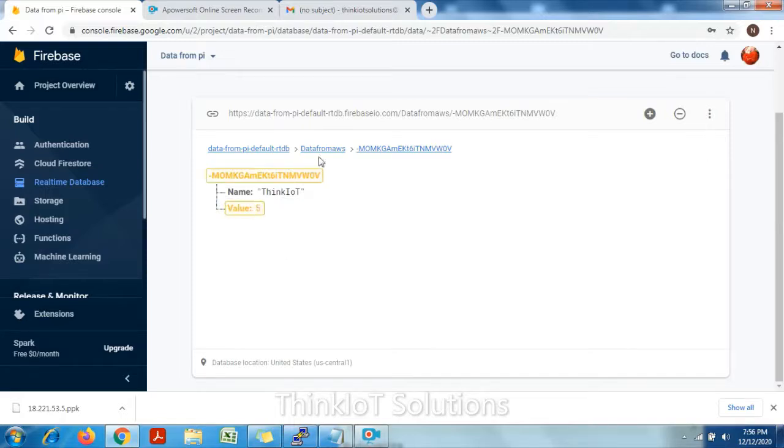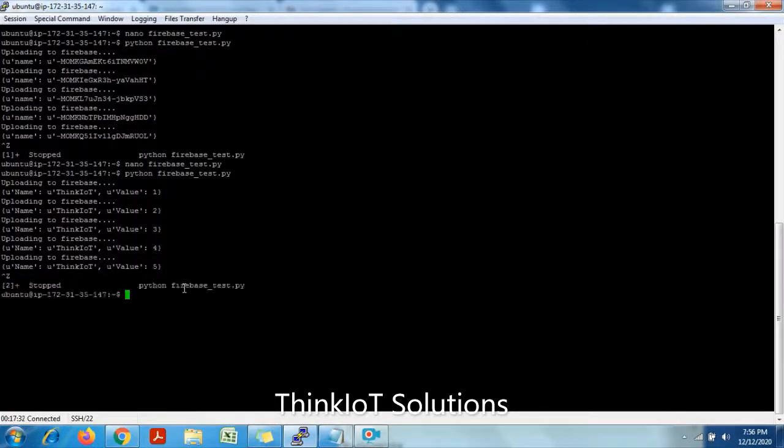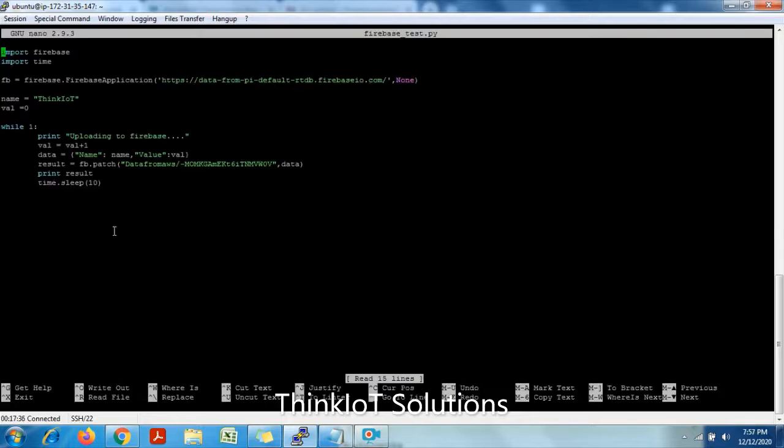Now let us say I want to delete this instance itself. To delete it, Control Z, I will go to the program. In place of patch, as I want to delete, the HTTP request is delete.